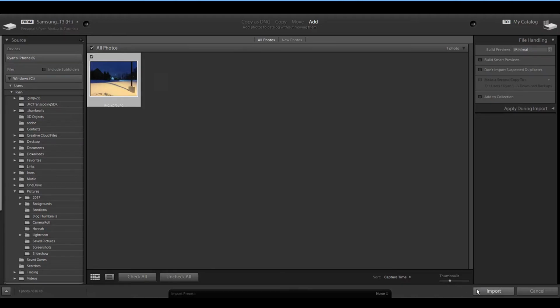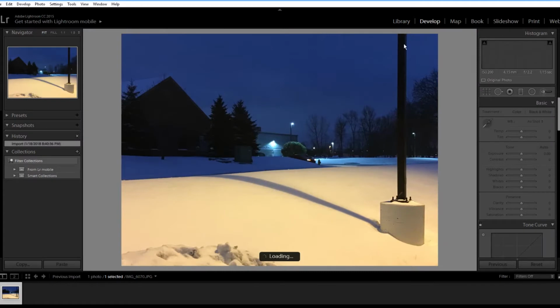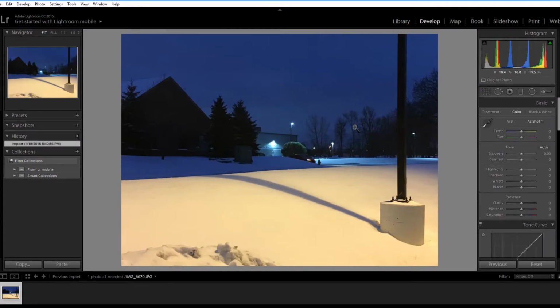So I just put it into Lightroom and I'm going to import it, and now we see it's there. So we're going to go to develop and we're going to get a first look at this picture. As you can see, this is a pretty cool picture. I actually took it, I was at speech and debate coaching, and I saw this little hill and I thought